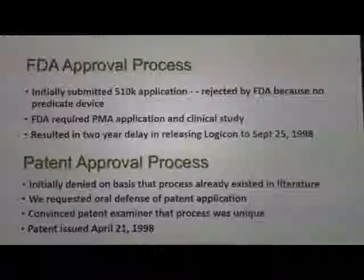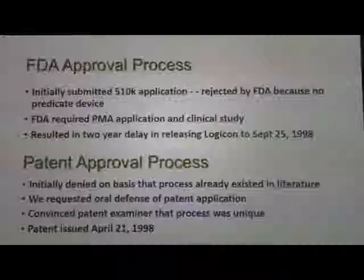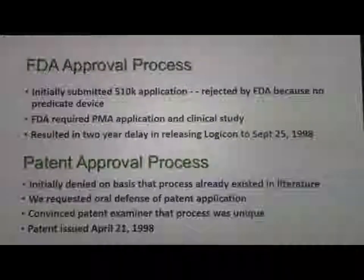We were going to use as a predicate device, which is what you need to go 510K, the dentist himself. Yes. And you know what? The FDA said, no way. It was very interesting because in a meeting at FDA headquarters, the whole division, the radiological division that